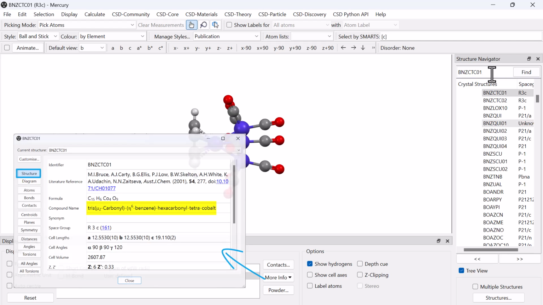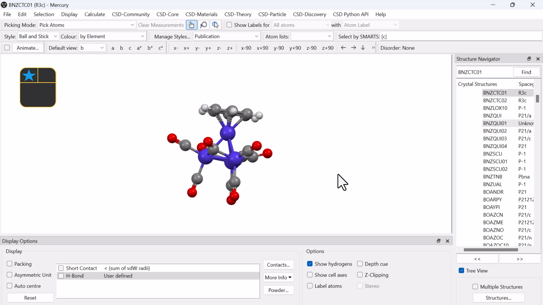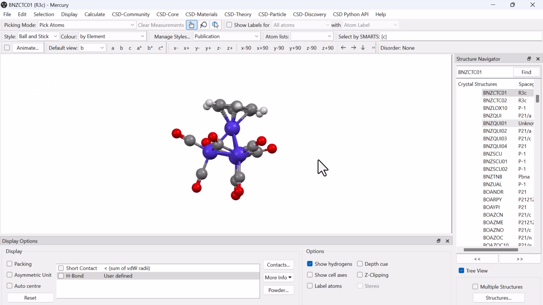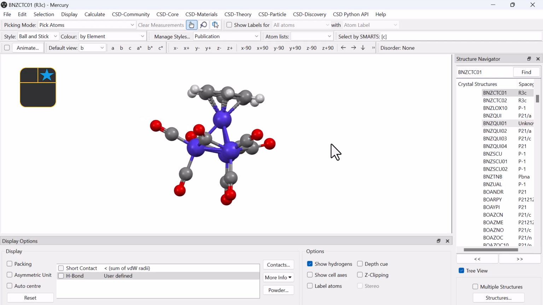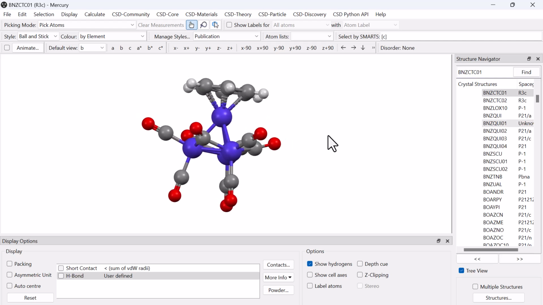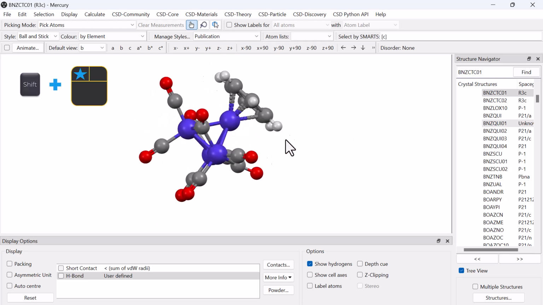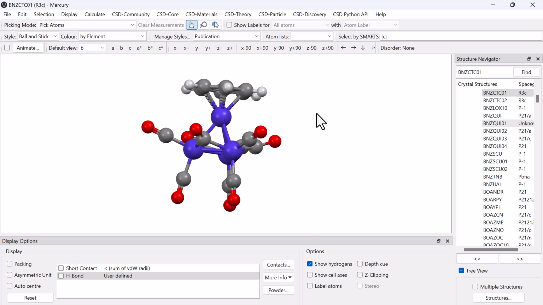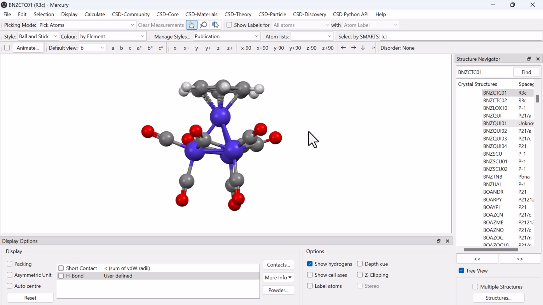In order to move the structure around, you can left-click to rotate the structure. If you hold down Ctrl while simultaneously holding down the left-hand mouse button and dragging, that will move the object in the plane. If you right-click and drag the mouse, that will zoom in or zoom out on the current structure. If you hold down Shift and left-click, that will allow you to rotate the structure in the plane of the display only, and Shift and right-clicking will allow you to change the depth Q. The depth Q is set to 0 by default.